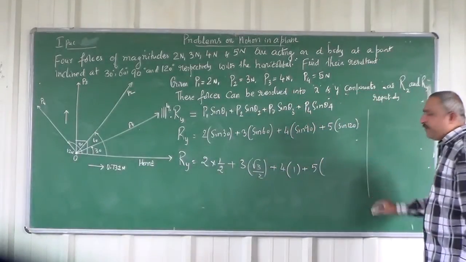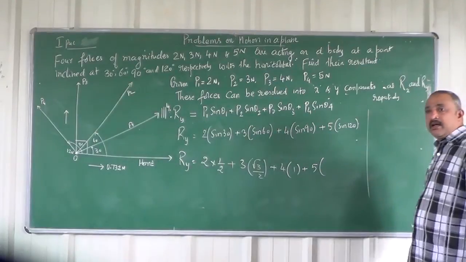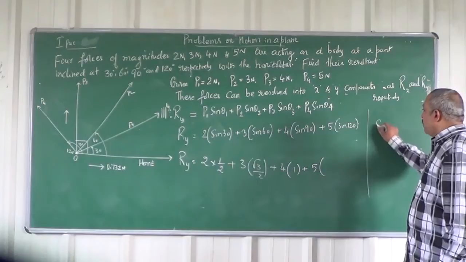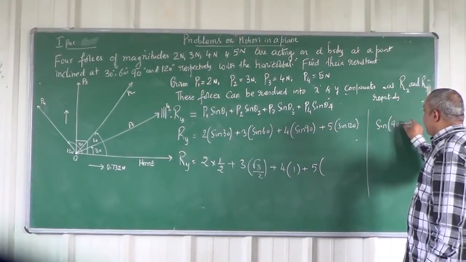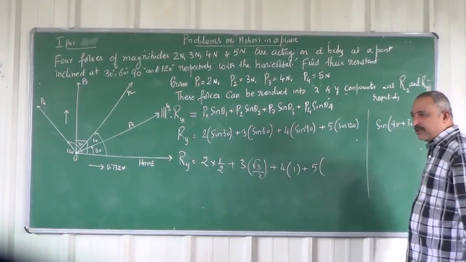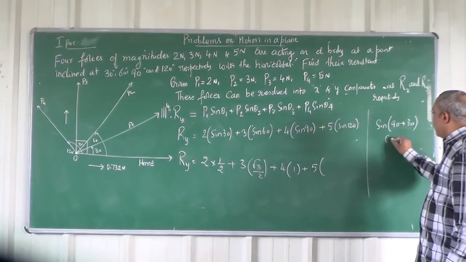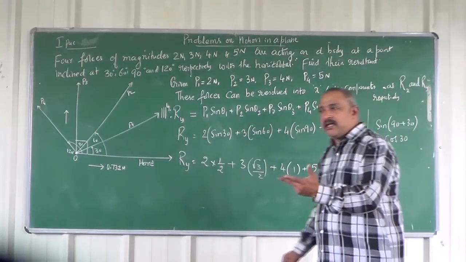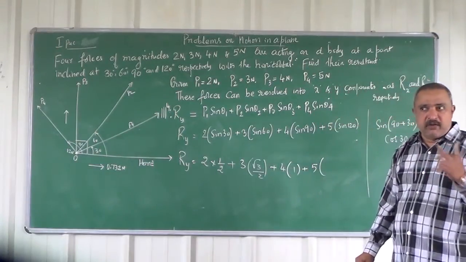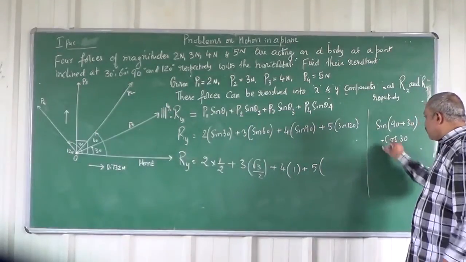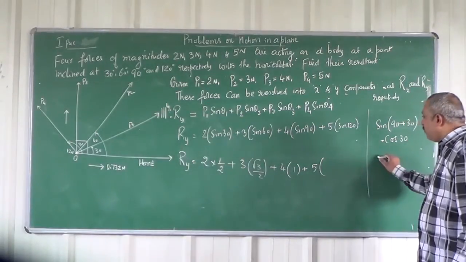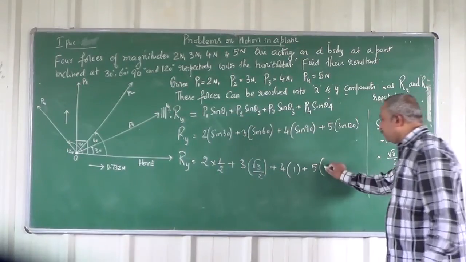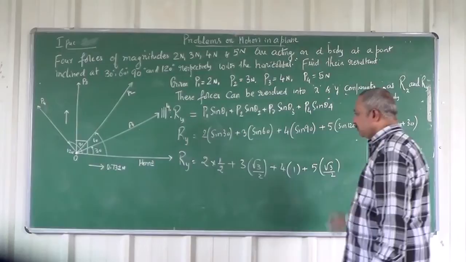Do you know how to find the value of sin 120? Root 3 by 2. It is 180 minus 60, or you can also take it as 90 plus 30. Sin of 90 plus 30 becomes cos 30, since 90 has come. 90 plus theta is in the second quadrant. Second quadrant sine is positive or negative? Positive. So it is cos 30. And what is the value of cos 30? Root 3 by 2.